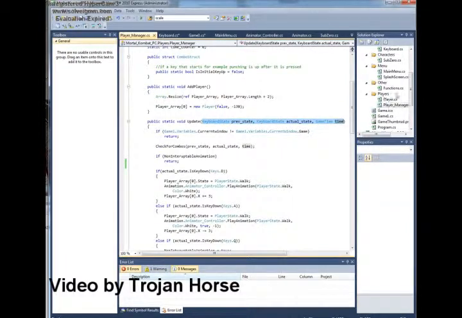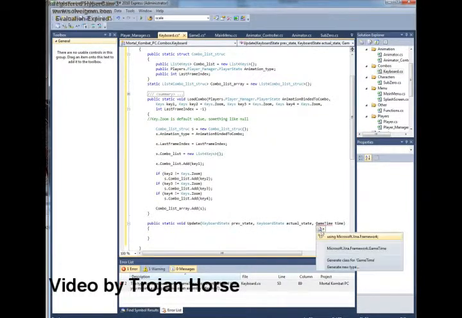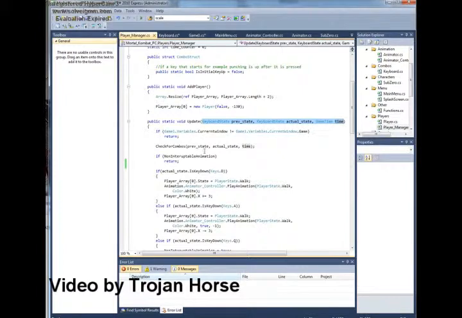Copy them and paste them into the combos keyboard here. And now we have to realize what will pretty much take place. This is gonna make all the animations. So for now, we'll go to player manager